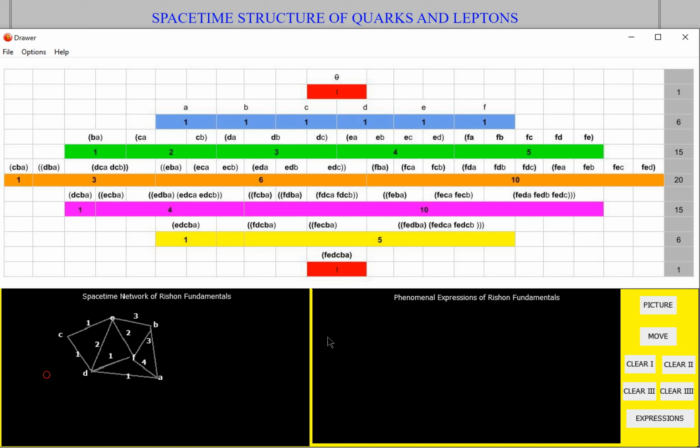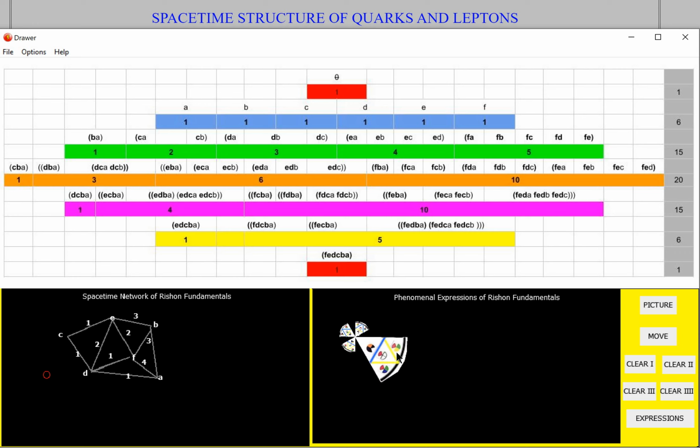For example, we can take the fundamental C, and its expressions will be a T-type and a V-type. And each type will be of four kinds if they are in groups of three,